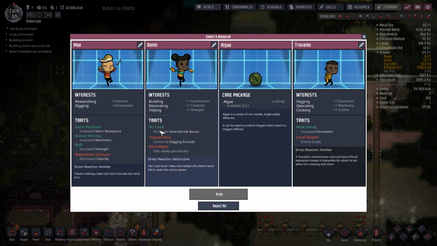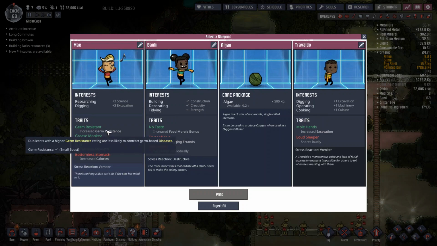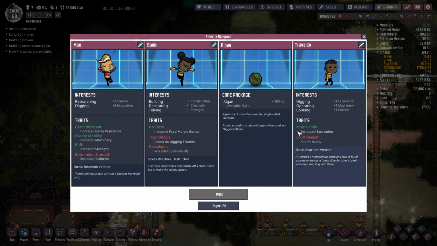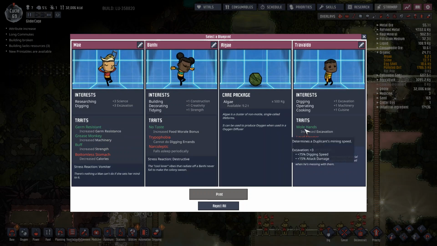Hopefully, one of these new printables is somebody who loves to mine. Okay, there's an excavation with a bottomless stomach, but they're buff, they're good with machines, and they're germ resistant. This feller here has mole hands. He's a loud sleeper. So here's our choices. We can take somebody who has +3. They both have +3,